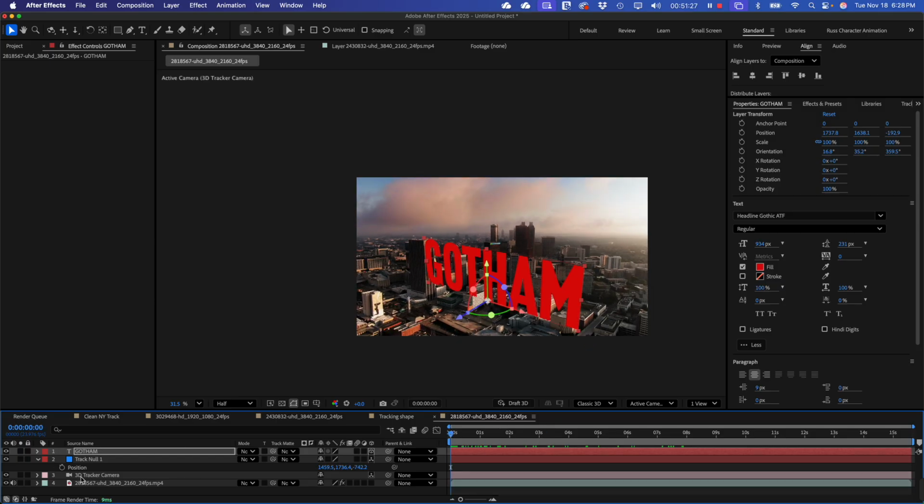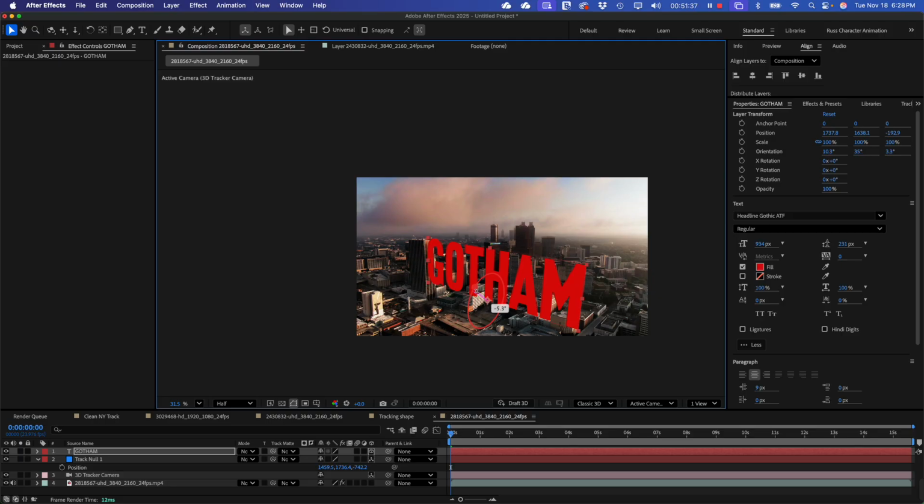And really it's that 3D camera that's doing all the work for the most part. That's what allows me to still make adjustments to my type, even after I've resolved all of my